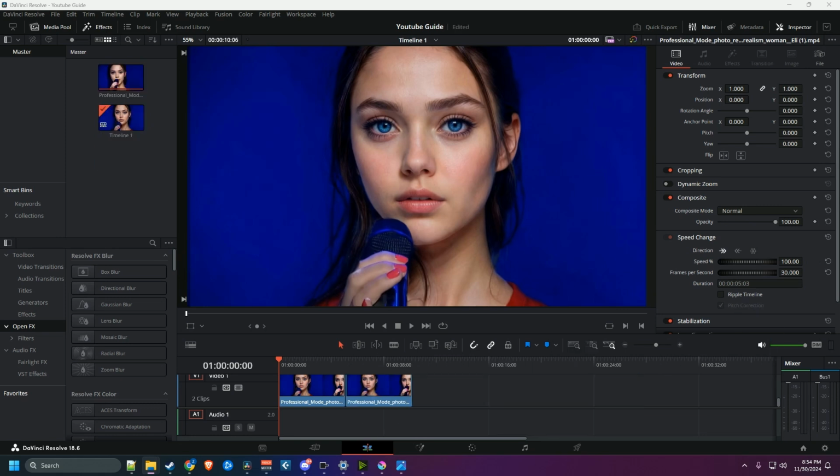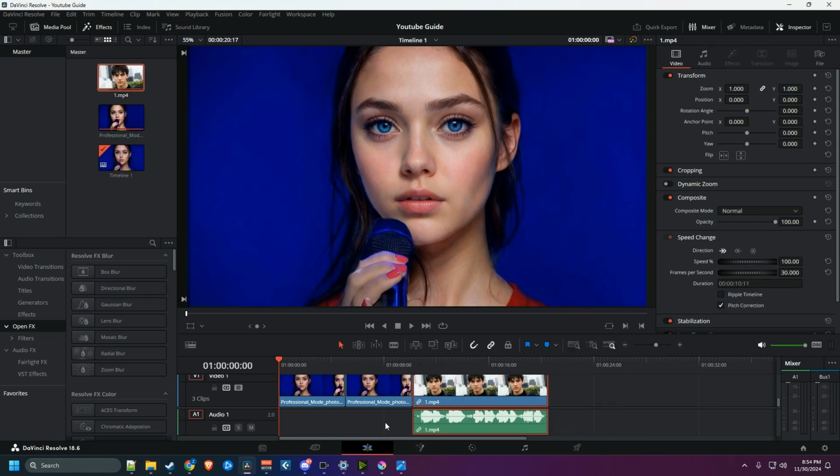I'll add right here. See how it has the audio file? I'm going to mute this track. I'm not going to use it. I can also create a new track, stereo track, put it down below. Not going to use it. So that way when I hit play,